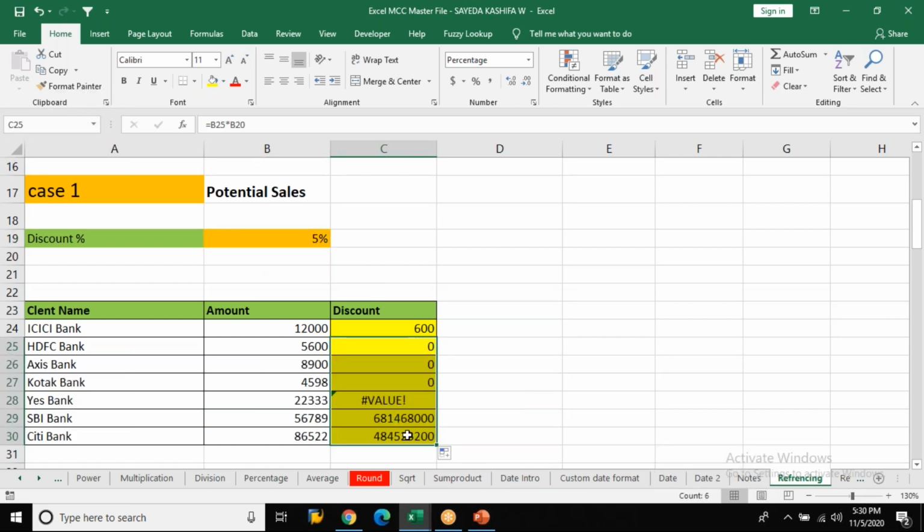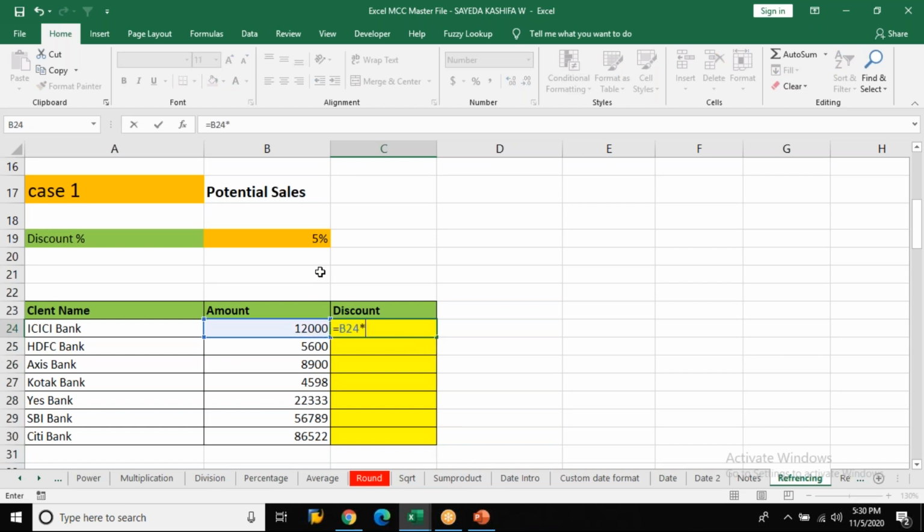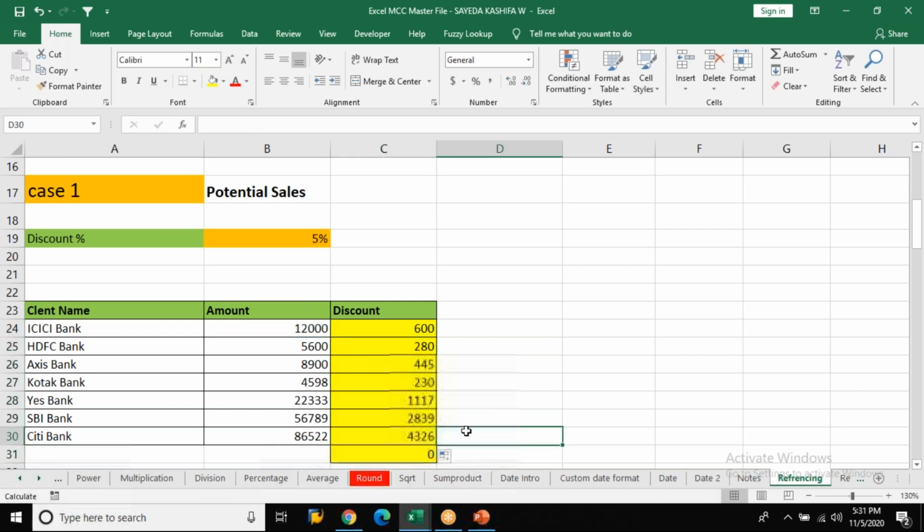What I have to do is I have to do absolute referencing. How do I do it? Equals 12,000 multiplied by 5%. Now I need to lock it. I do not want it to move towards right side, left side, top, down. It should not go anywhere. It should stay in one place. And that's nothing but absolute referencing. Now, what should I do? How do I lock it? What is a function to lock? Excellent. So they might ask you this also. What is a function to lock? So F4, it gets locked. Now I can just click to the edge of the cell and drag it. You get the answer.